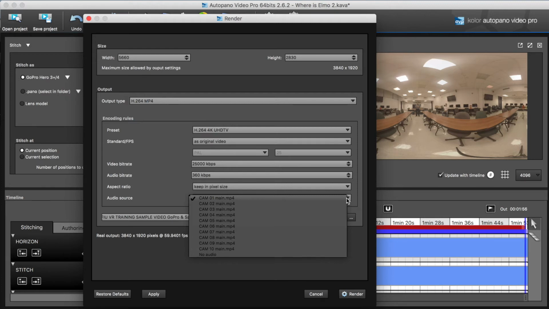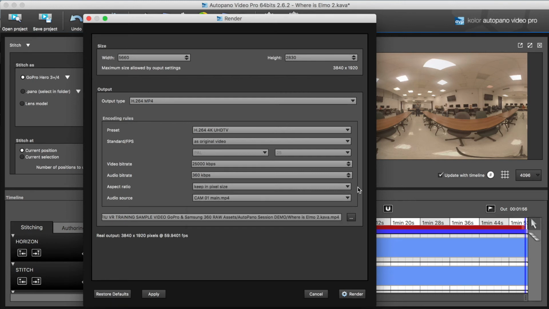If you have a camera that you have selected as your slave camera, the one that is getting the feed for audio, then that's the camera that you want to use. In this case, all 10 clips are using exactly the same audio source because they were presynced using DaVinci Resolve before. And then you want to make sure that you are